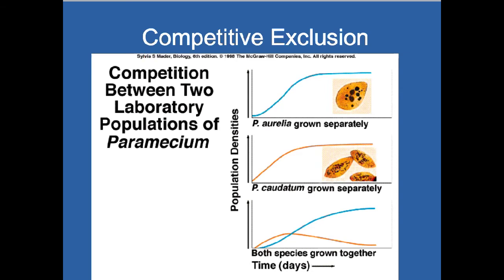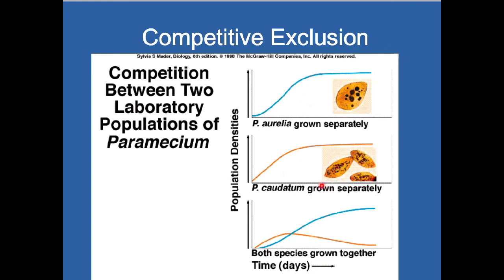So competition between species sometimes leads to what is known as competitive exclusion. And competitive exclusion is exactly how it sounds. During competition between two, one species gets completely excluded out of the environment because they are outcompeted. This has been on the AP environmental exam year after year on the multiple choice part, so it might be important to know. Competitive exclusion.